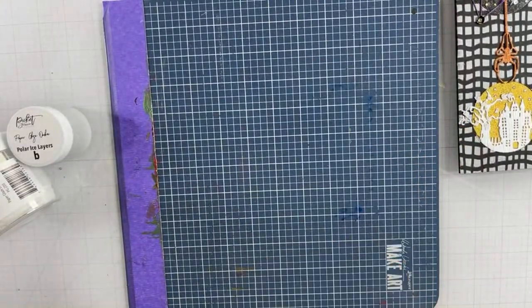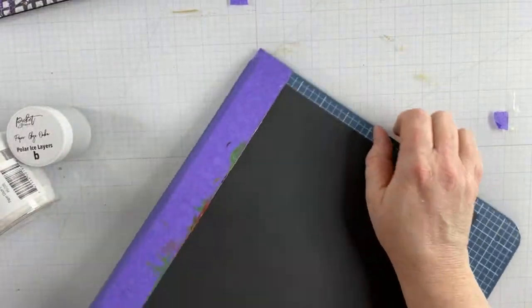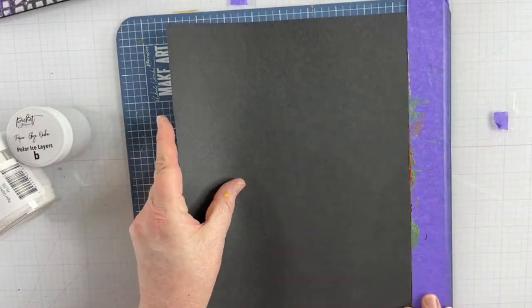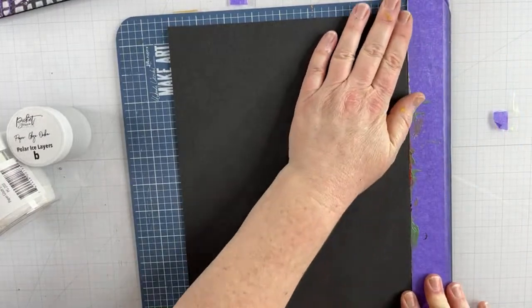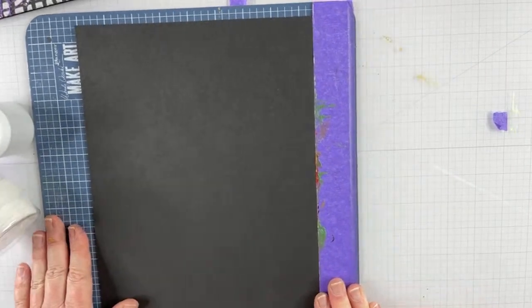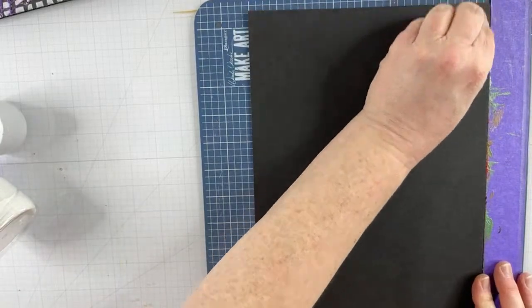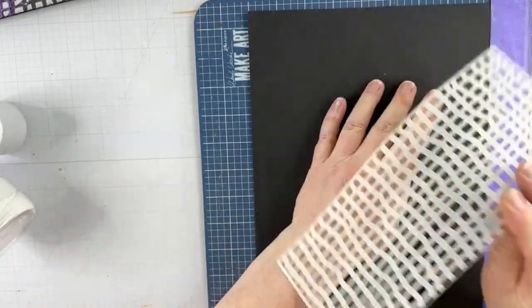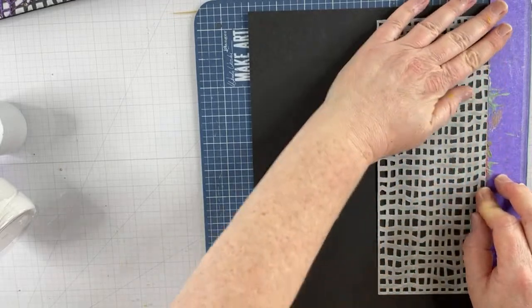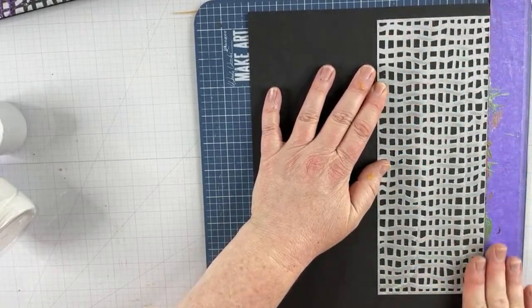So what we're going to do, this is a magnetic mat from Ranger. What I have done to this mat is it is magnetic, and it comes with this magnetic ruler, right here. So what I like to do is I like to use this board not only for it being magnetic, but also because it keeps this straight line. So I have pixie spray on the back of this stencil, and I'm just going to line this stencil up on the edge because, like I said, it lets me do that. And then the board is magnetic, so I have pixie spray to stick the stencil to the paper, and I need